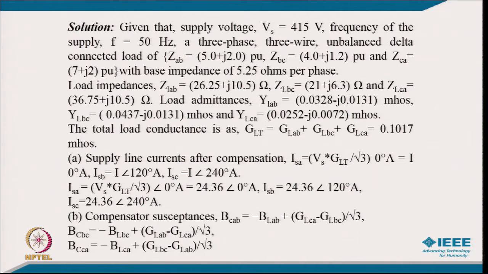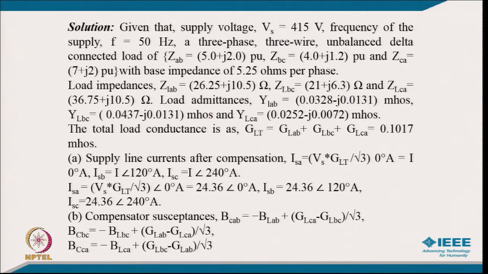So, coming to the solution of this problem, given the supply voltage Vs equal to 415 V and frequency of 50 Hz, a 3-phase 3-wire unbalanced delta connected load of ZAB equal to 5.0 plus j2 per unit, ZBC 4.0 plus j1.2 per unit, and ZCA 7.7 plus j2 per unit, with a base impedance of 5.25 ohms per phase. We can find the actual impedance of all three by multiplying the per unit value with the base impedance. So, the load impedances come to ZLAB equal to 26.25 plus j10.5 ohm, ZLBC equal to 21 plus j6.3 ohm, and ZLCA equal to 36.75 plus j10.5 ohm, and the load admittances come